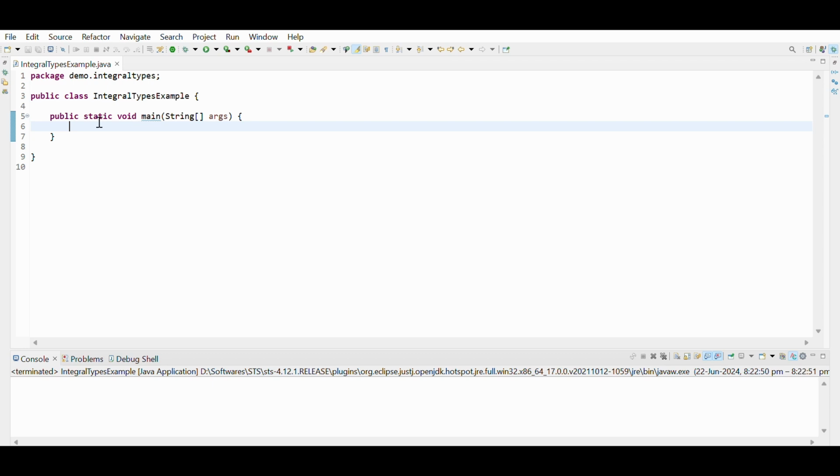Now let's see how we can create and access integral data types in Java. I am using STS. If you want, you can use IntelliJ or Eclipse as well, or any other Java online compiler will also be fine. Byte variable equal to 10. This is how we can declare a variable in Java. First we need to mention the data type, then the variable name, then we need to use the equal to operator, and then the value. Then short